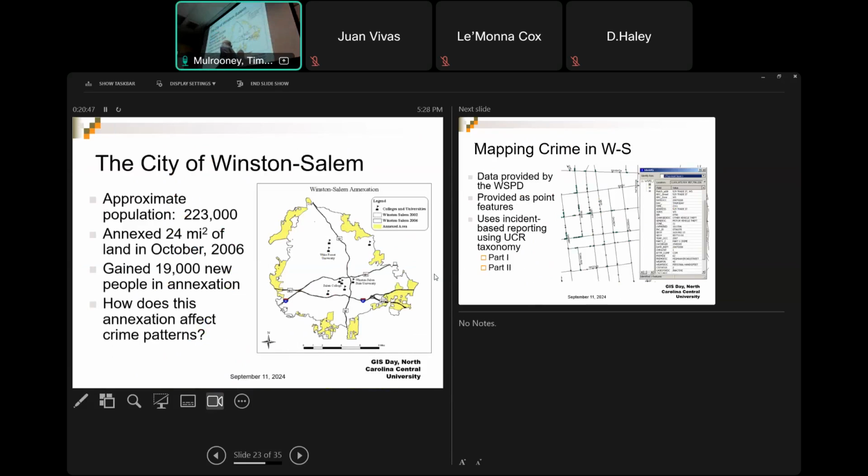Now some other things with respect to change detection analysis, because we're just looking at how do we measure change? These are some interesting techniques, and these are evolving techniques as well. One of them, the city of Winston-Salem and Greensboro, and I'm sure Durham does it from time to time, they go and annex areas. They basically just say, hey, you're now part of the city of Greensboro. And over in Greensboro, they actually gobbled up this area near the airport, a little bit nicer area. Over in Winston-Salem between 2006, 2007, right before I started working over at Winston-Salem State, they just gobbled up a whole bunch of areas and said, instead of being part of just Forsyth County, you are now part of the city.